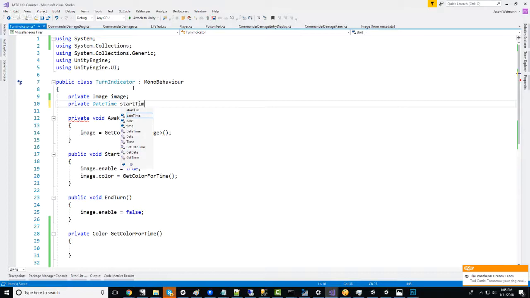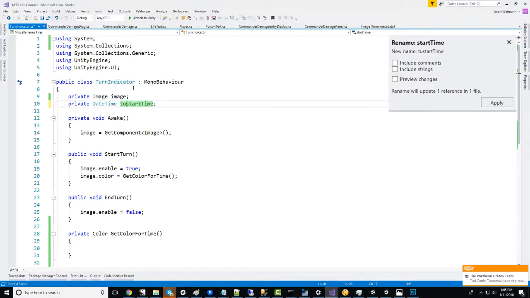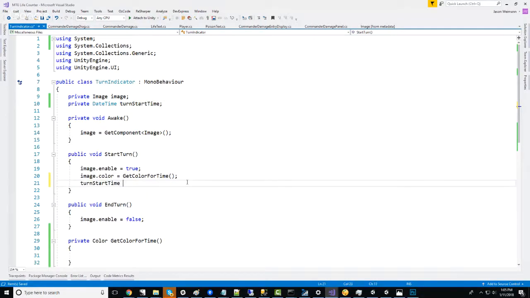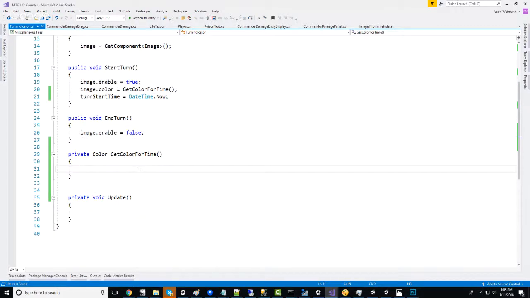So we'll call this turnStartTime. And then whenever we start the turn, let's do turnStartTime equals DateTime.Now. Now GetColorForTime is going to depend on how many minutes your turn has been, I think. So to start off, we'll keep it simple. I think I want to have it scale over turns, so maybe you get an extra minute a turn or something. And actually I want to have it in some settings so it's adjustable too, and people can tweak it. But we'll start off with